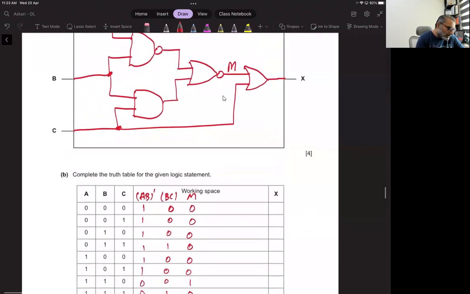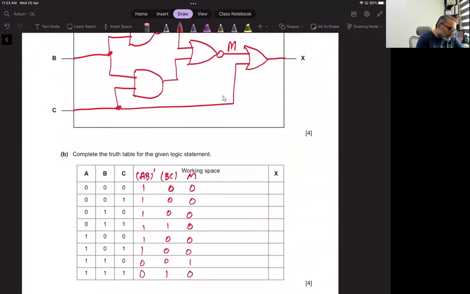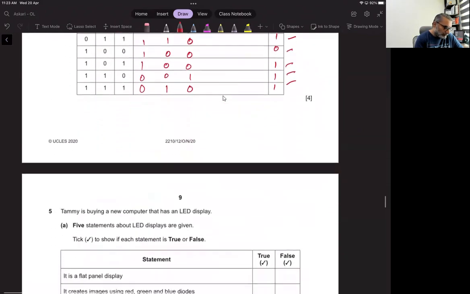Okay, and then if we OR this M with C, then we get X. So 0, 1, 0, 1, 0, 1, 1, 1. So 0, 1, 0, 1, 0, 1, 1, 1 is your answer. Okay. Now,